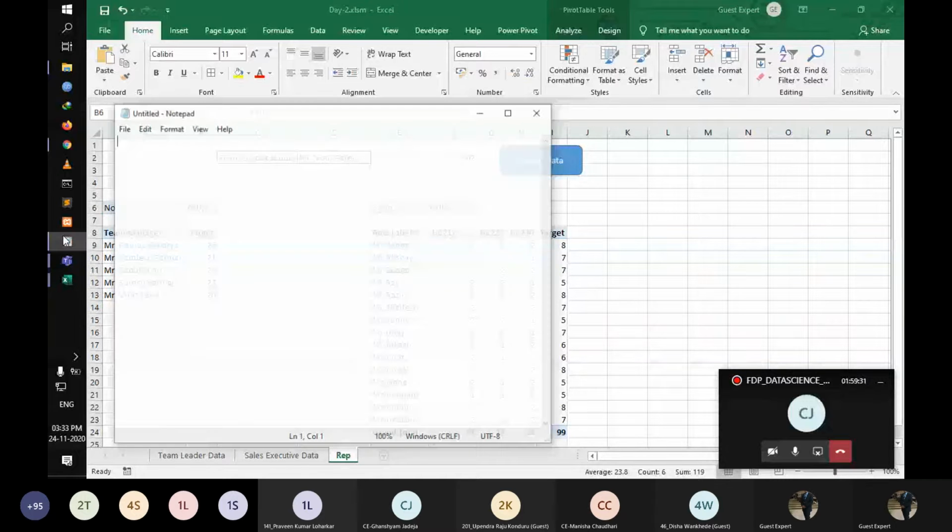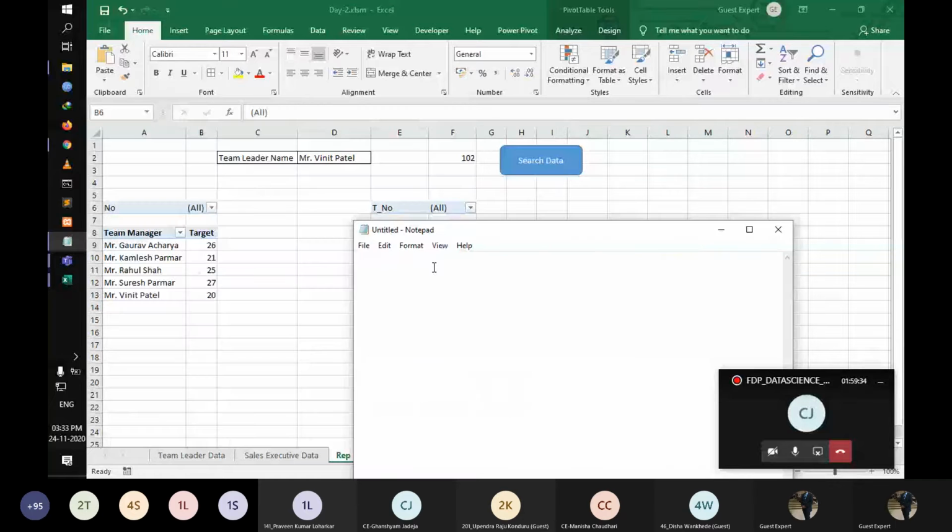Right now this is the actual way to write it down. B6 is equal to F6. That means F6 data is going into B6.